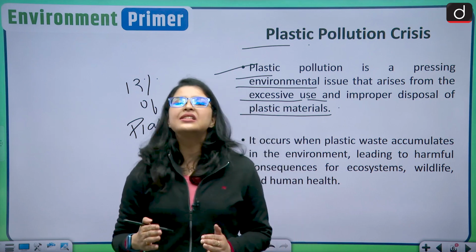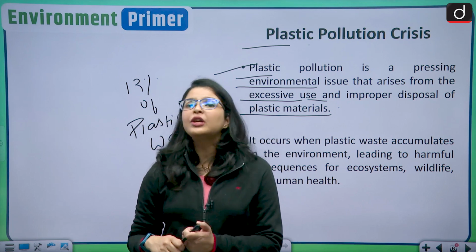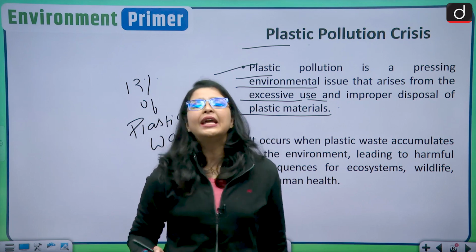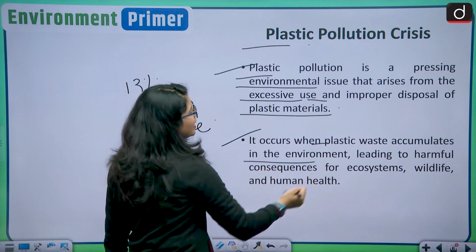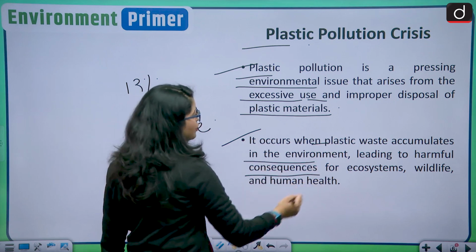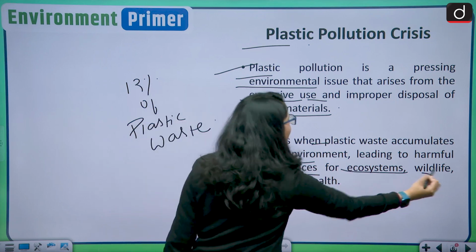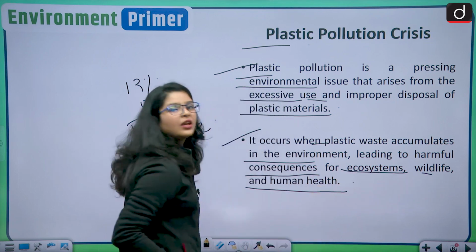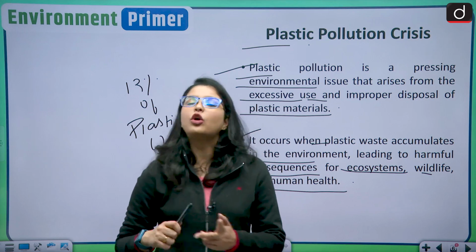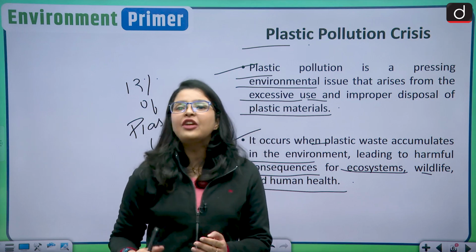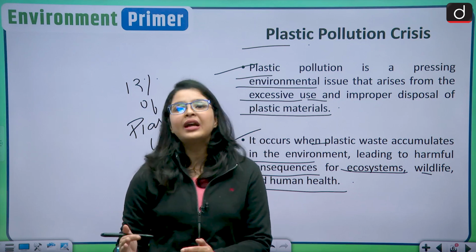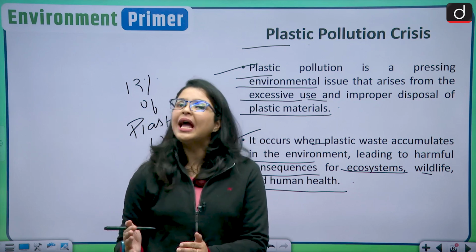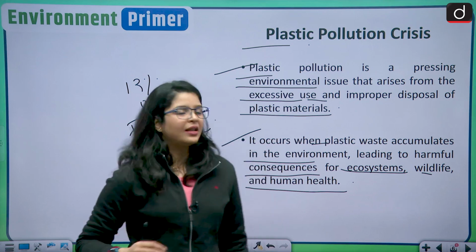And this in turn is very harmful for the human health as well as for the environment. It occurs when plastic waste accumulates in the environment, leading to harmful consequences for ecosystems, wildlife and human health. So not only the human health but also the marine ecosystem, the wildlife, everywhere you will see that plastic pollution is affecting our day-to-day lives as well and the ecosystems as well. Moving forward,